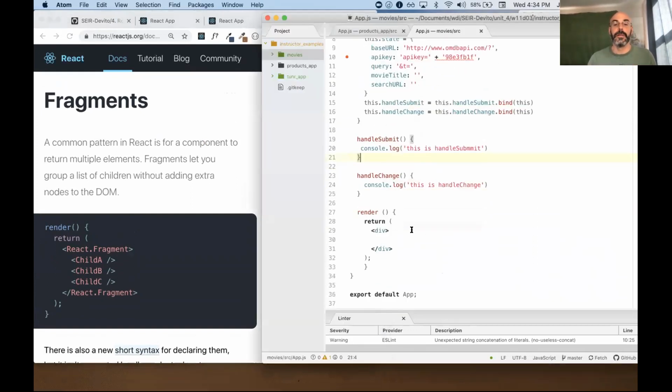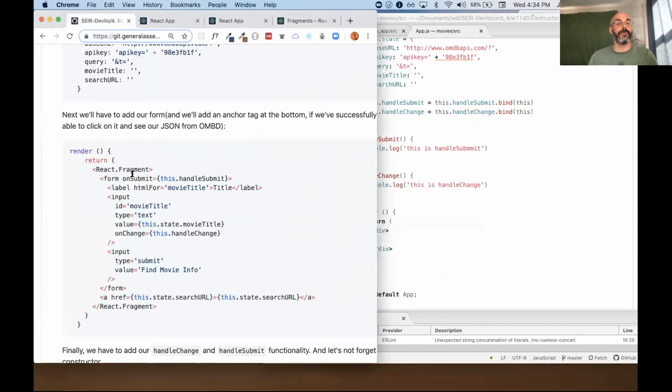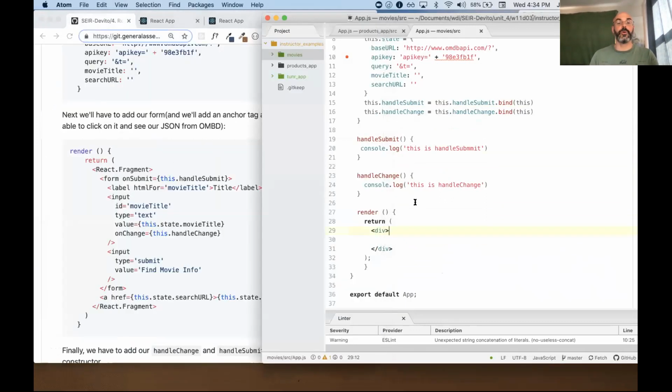So let's do that, right? So they're returning here a React fragment, right? So this is in our render. They're not using these divs anymore. Once again, their design. I gotta follow the lecture, right? So I'm gonna say React.fragment, right? And then we close this